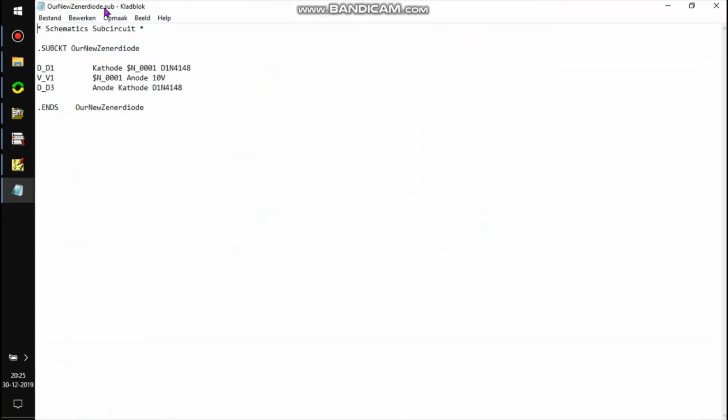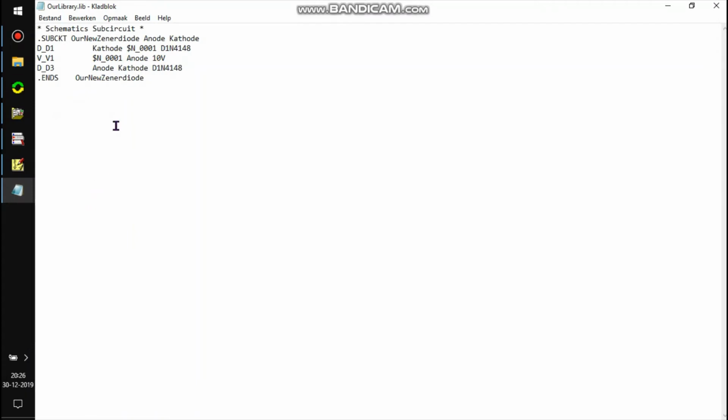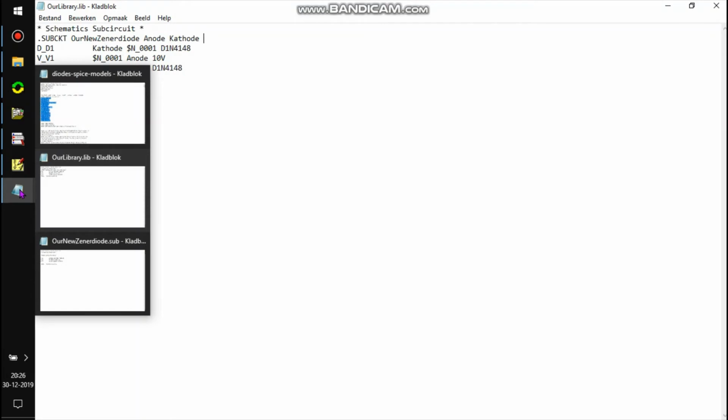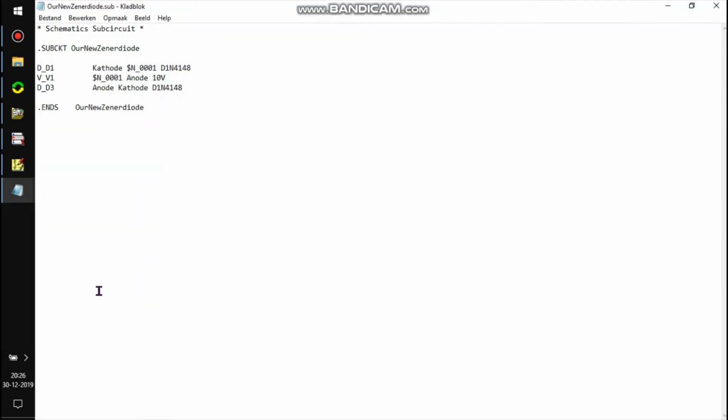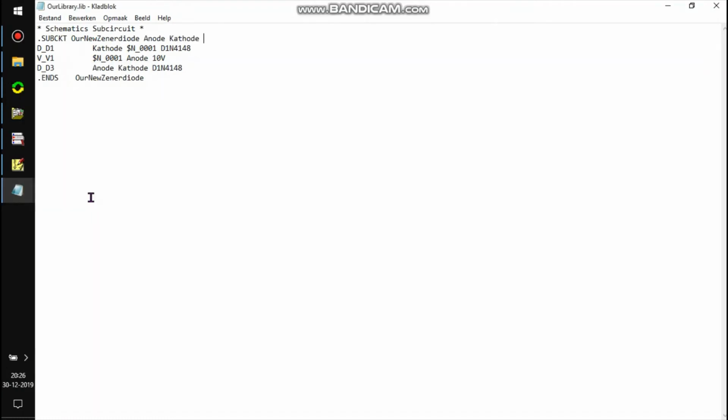So this is the subcircuit file, and this is the library file. It's just the same, but I removed those blank lines. Okay.